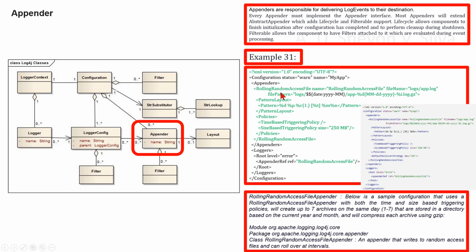See the class RollingRandomAccessFileAppender in package org.apache.logging.log4j.core.appender in module log4j-core, an appender that writes to random access files and can roll over at intervals. Here is a sample configuration that uses the RollingRandomAccessFileAppender